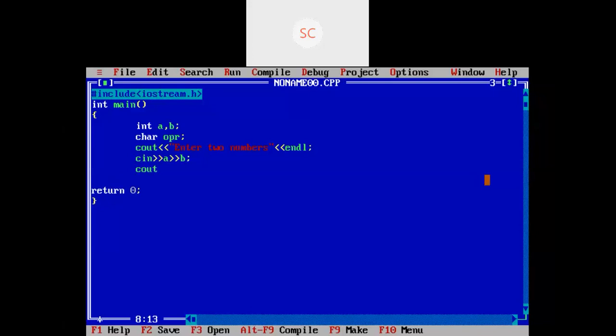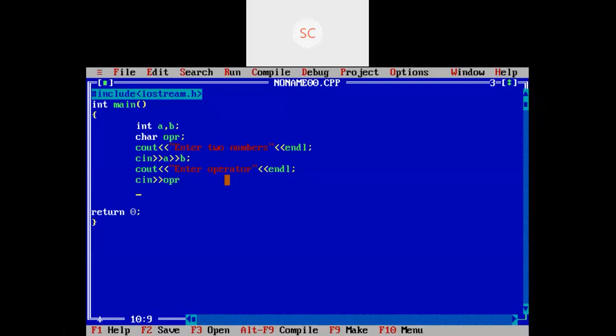I'm going to ask for one operator. I'm going to perform arithmetic operations, addition, subtraction, multiplication and everything in one single program. Based on the operator entered by the user, I will perform only that operation. Here I'm going to ask the user to enter the operator. If the user enters it, I'm going to read that operator into the opr variable. It's the character type, right?